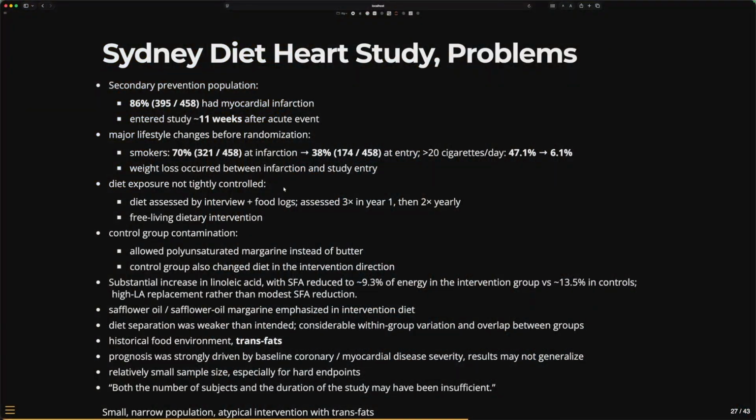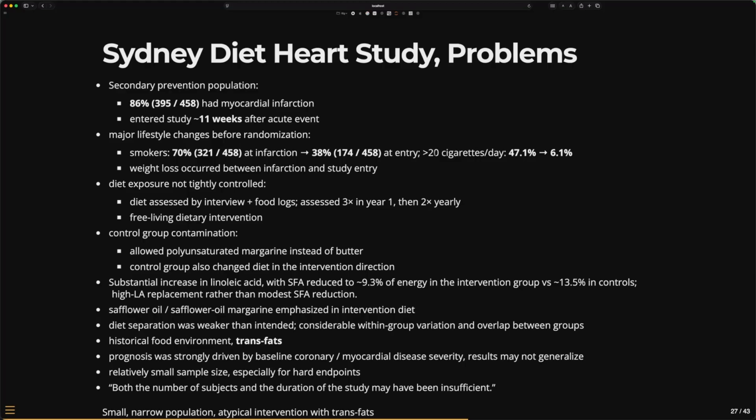Yeah, ideally it should. So like here, like smoking, you would expect them to maybe consider smoking less at this time, but this was back in the 60s, so it was probably less of a thing. There was still the time where many people smoked, and it wasn't seen as bad as it is now. That just 70% of them smoked before they had the heart attack, and 38% of them smoked when they started this.